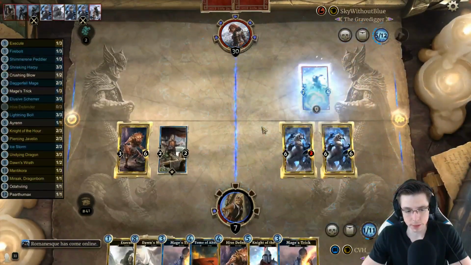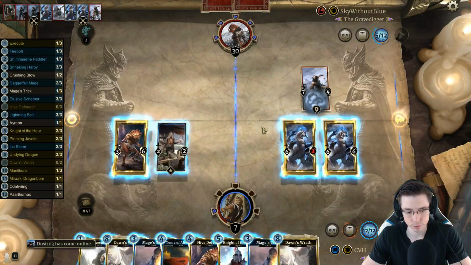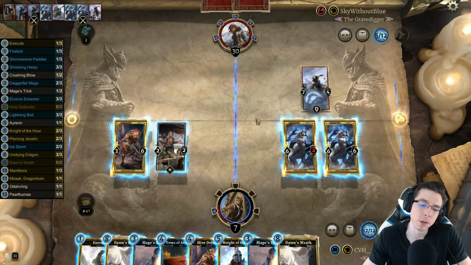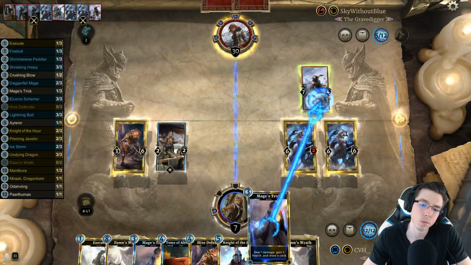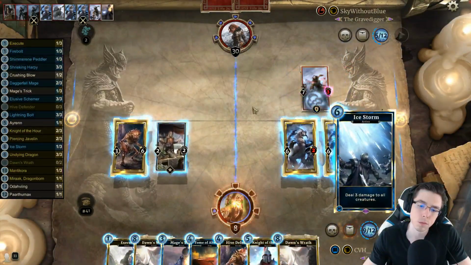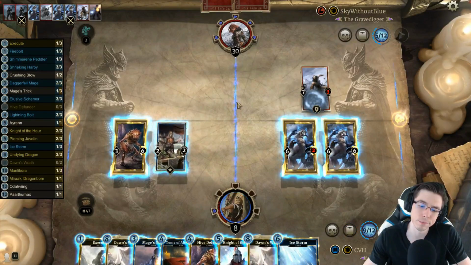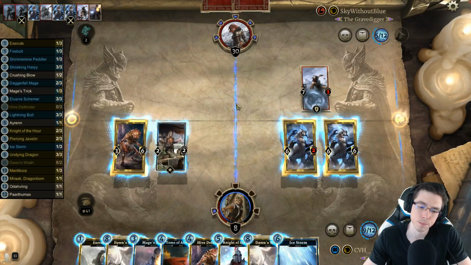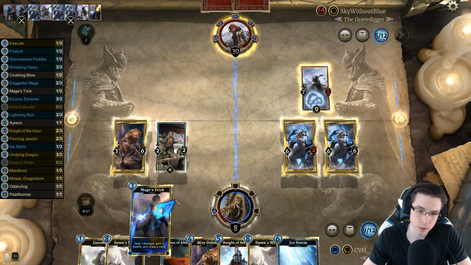Doesn't hurt a whole lot this turn. It's kind of awkward to get rid of. Mage's Trick and see what we draw. Oh, he could Ice Storm to kill it, but that's not a great Ice Storm. Definitely seen better Ice Storms in my day. So I think I'll just...